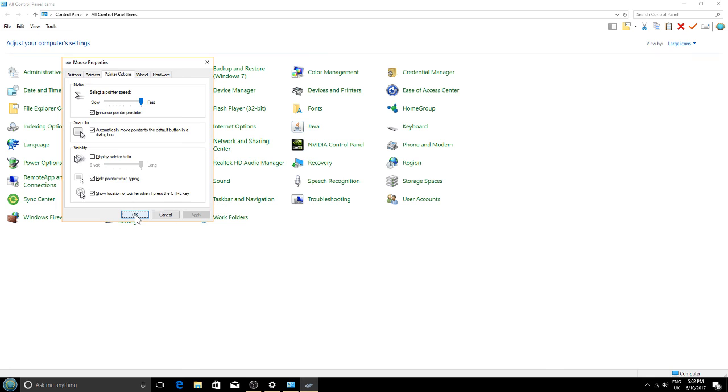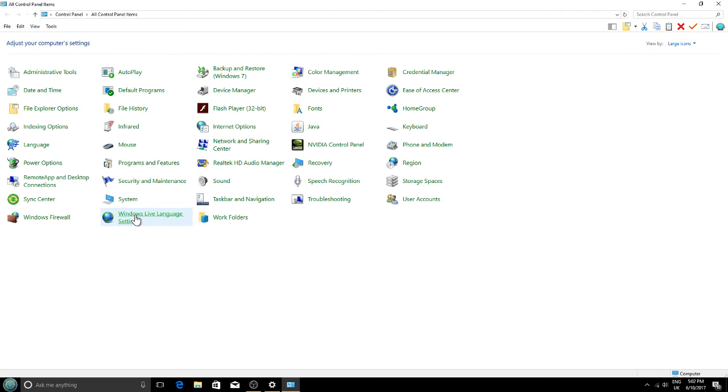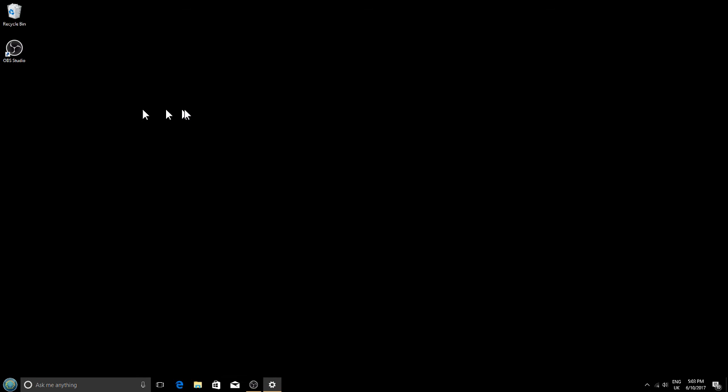Show location of pointer when I press the control key. Tick that, and it'll do this when you press control. Display pointer trails, I want to display long trails. OK. So I can actually see what I'm doing,